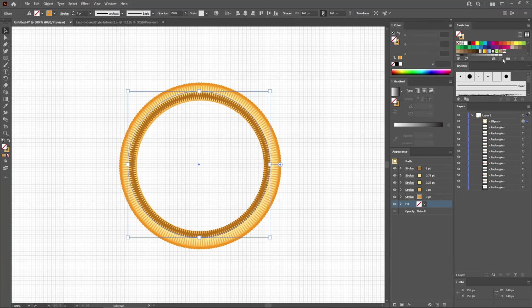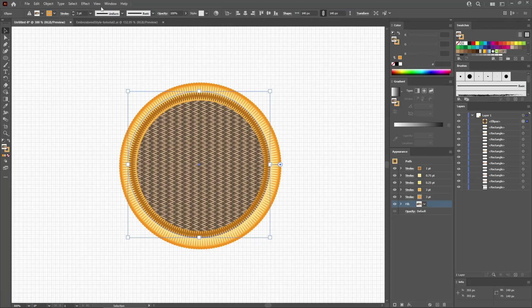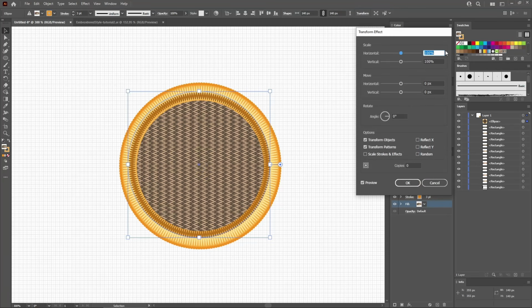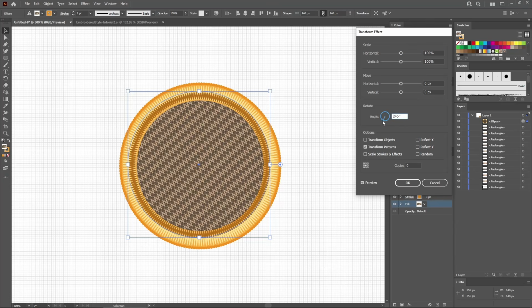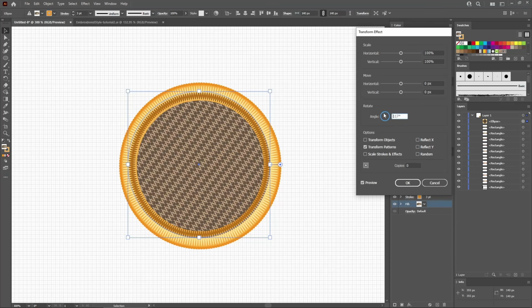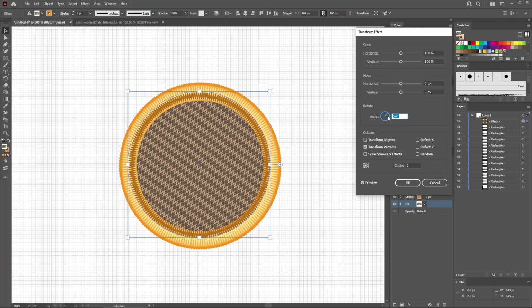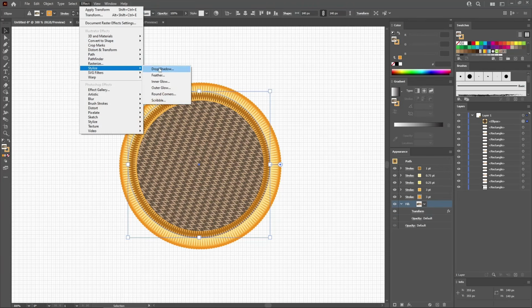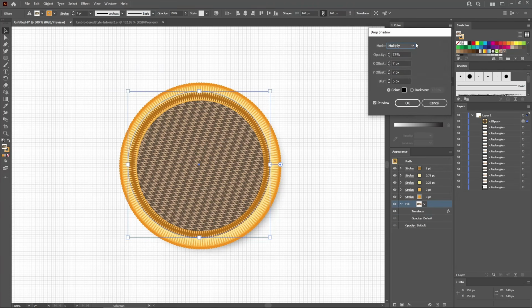First of all, apply your pattern and then go to Effect, Distort and Transform and Transform. Keep these values as they are, just uncheck this box and then you can play with the angle to rotate your pattern as you wish. Let's set it to -20 degrees. Click OK to make this change and then go to Effect, Stylize and Drop Shadow to add a subtle drop